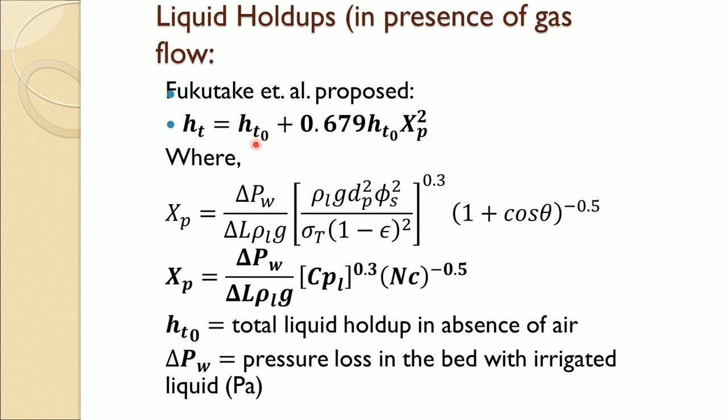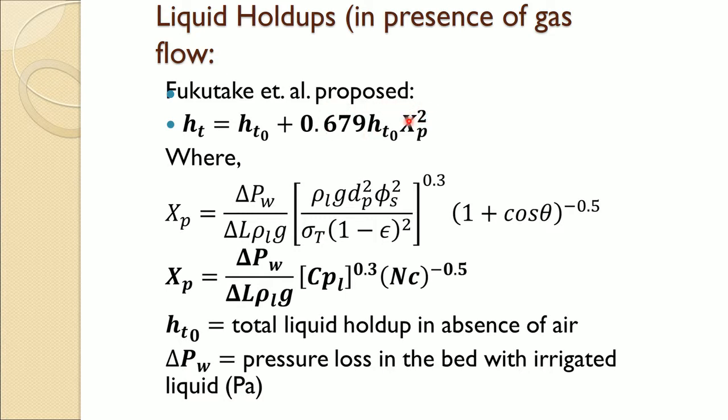HT naught is again the total hold up, but in absence of gas flow. This is the total hold up in absence of gas flow, and this is the total hold up in presence of gas flow. So, in presence of gas flow, the total hold up is the total hold up in absence of gas flow plus this quantity,